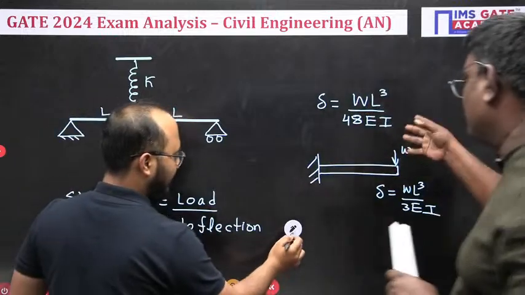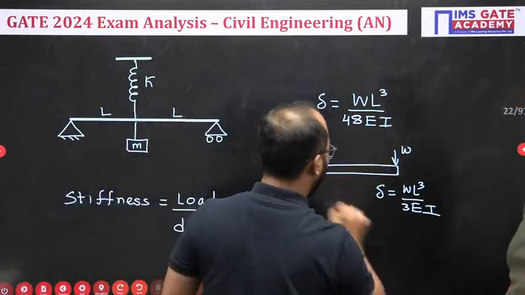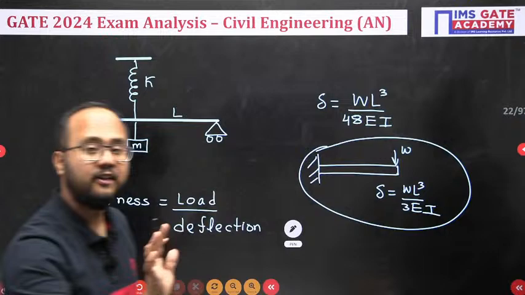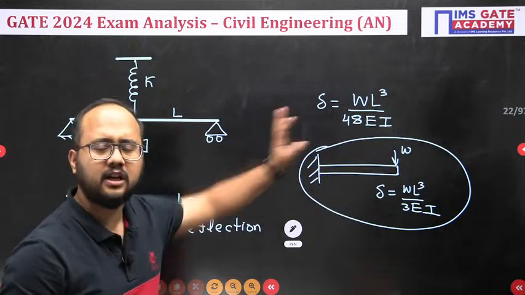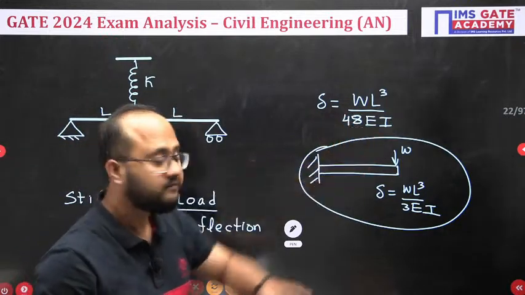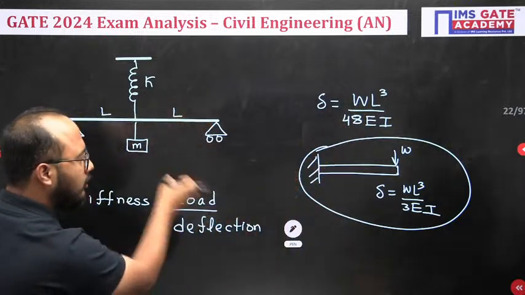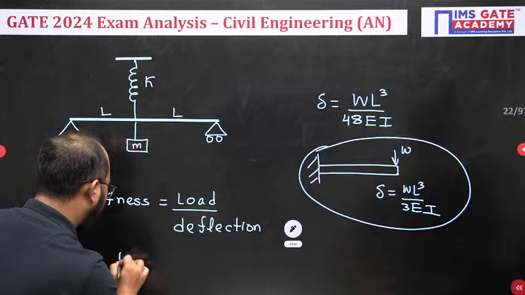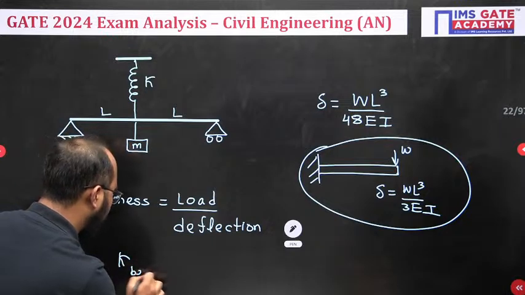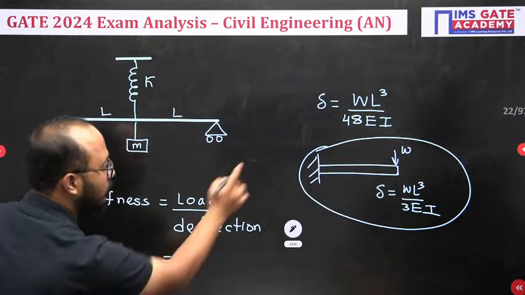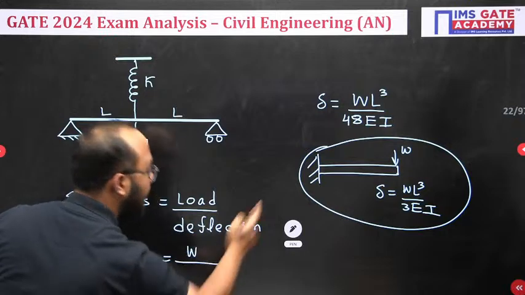So, my dear students, please see the solution. This is for a cantilever beam at the free end. Now, sir, as it is simply supported, this formula will be applicable, right? Now, what I will do here is simply place the deflection formula, and the load is W only. So the stiffness of the beam will be simply the load W divided by the deflection, which is WL cube